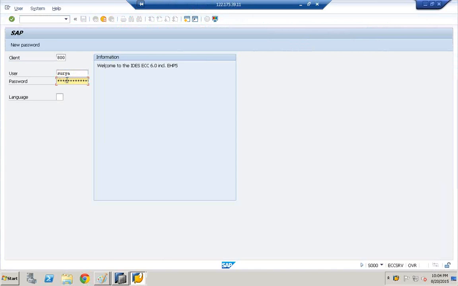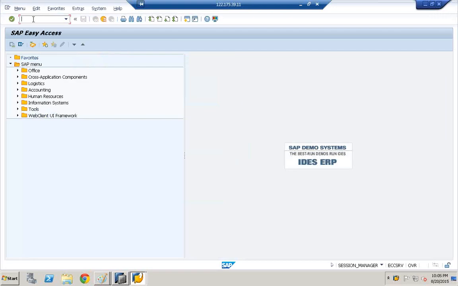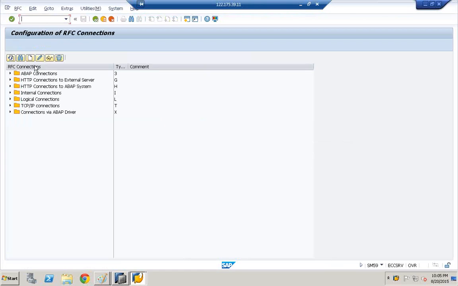Let us provide the username and password. Click Continue with the logon and enter the transaction code SM59 and click Enter. So once you click Enter, expand the folder,